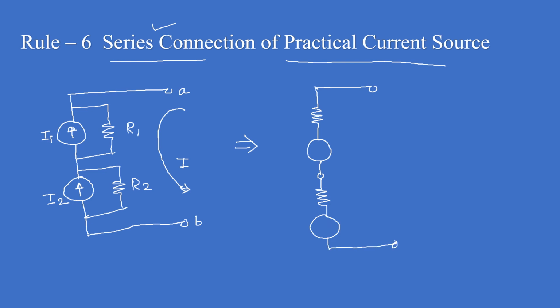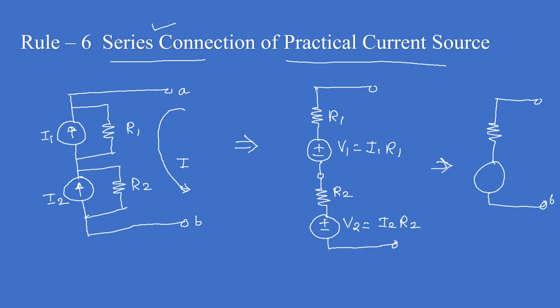Okay. So the resistance value will become the same. This is R1. This is R2. Now the arrow is upward, so it will be plus minus. So I will say this is V1. So the V1 value is I1 into R1. What about this? V2. So the value is I2 into R2. Okay. So now this will become rule number 3. So what rule number 3 says is that if two practical voltage sources are there and both are connected in series, we simply add the sources like this. So its final answer will be like this.